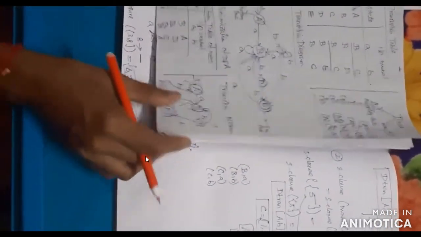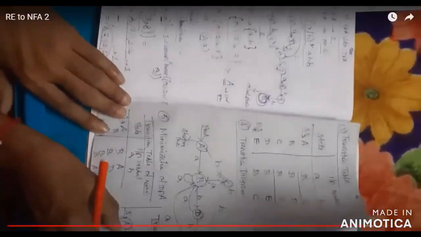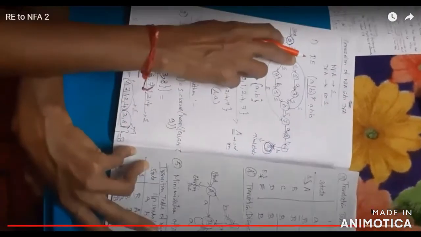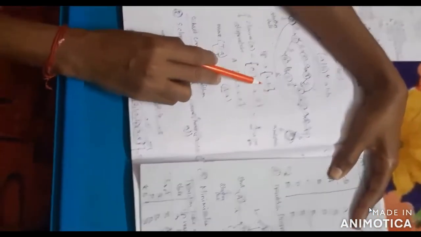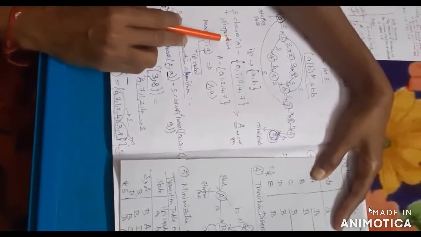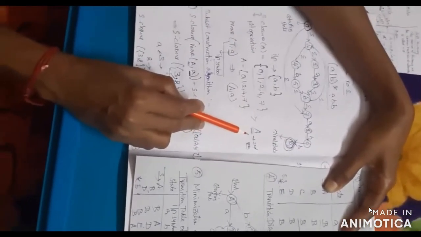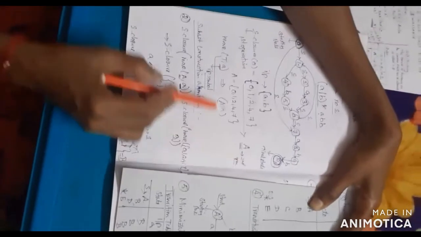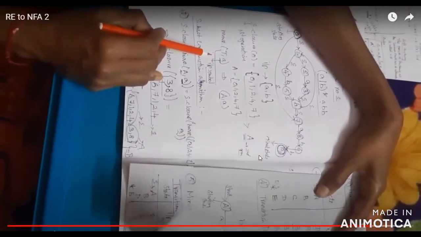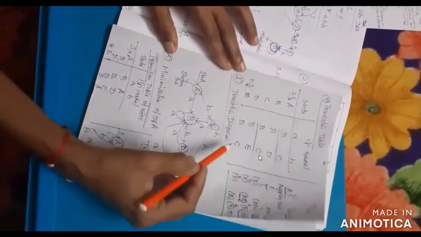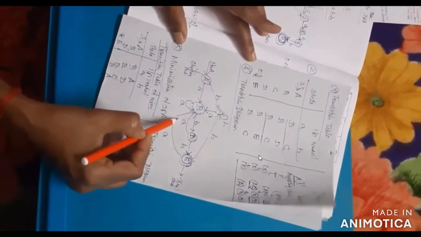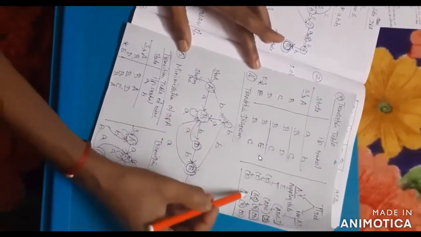So in this problem, for conversion of NFA to DFA and minimization, first, based upon the regular expression, you draw the diagram, then calculate the first operation for the input symbol. After the first operation, you write the value for the second operation, then go for the third operation. After completing all the operations, you go for the subset construction algorithm. Then, after the construction algorithm, you draw the transition table and transition diagram. Next, you can solve the minimization problem.